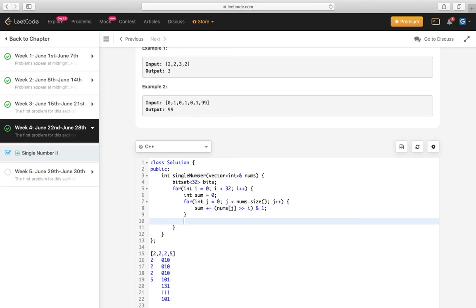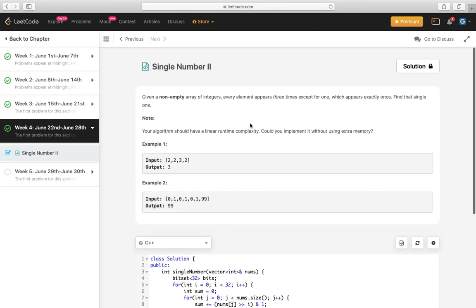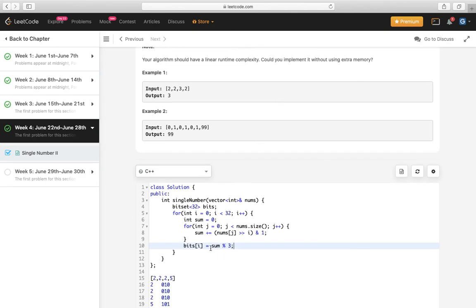Now I was talking about the modulus of 3. So bits of i is equal to sum modulus 3. We can use this method for this kind of problem: if every element appears 4 times, or 5 times, or 6 times, then we can simply set the bit like sum modulus 4 for 4 times, then 5 for 5 times, and so on.